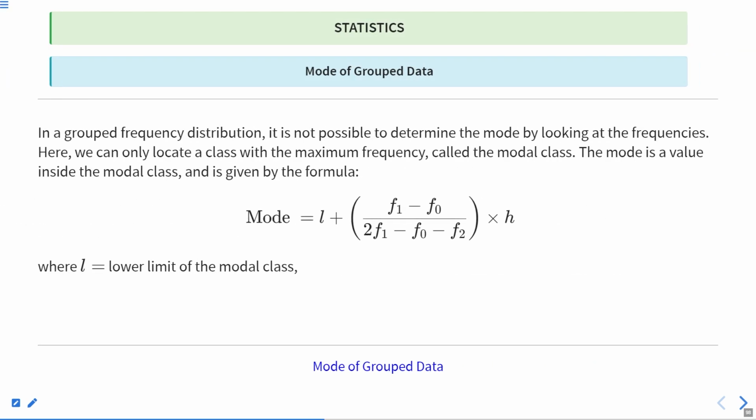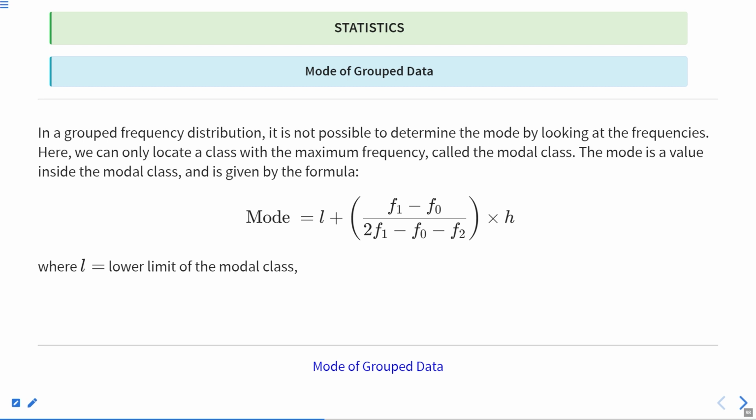Now, in a grouped frequency distribution, it is not possible to determine the mode by looking at the frequencies. So for grouped data, we need a formula. Here we can only locate the class with the maximum frequency, called the modal class, and the mode is a value inside the modal class,